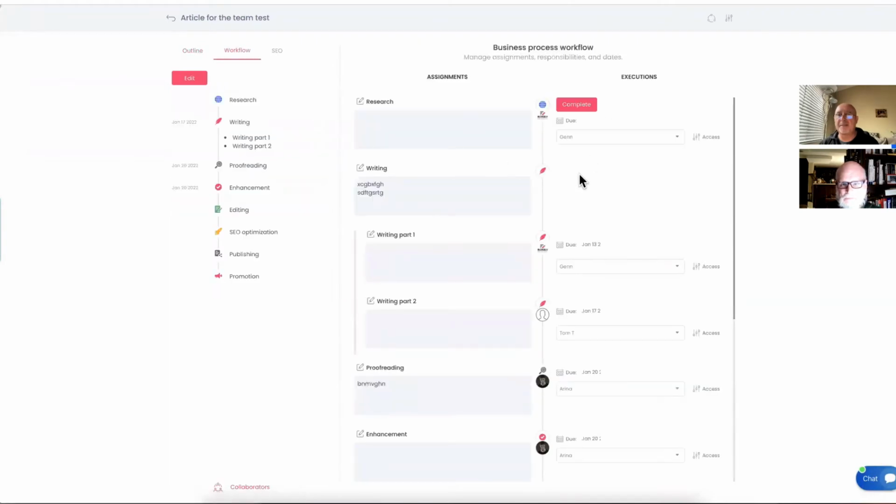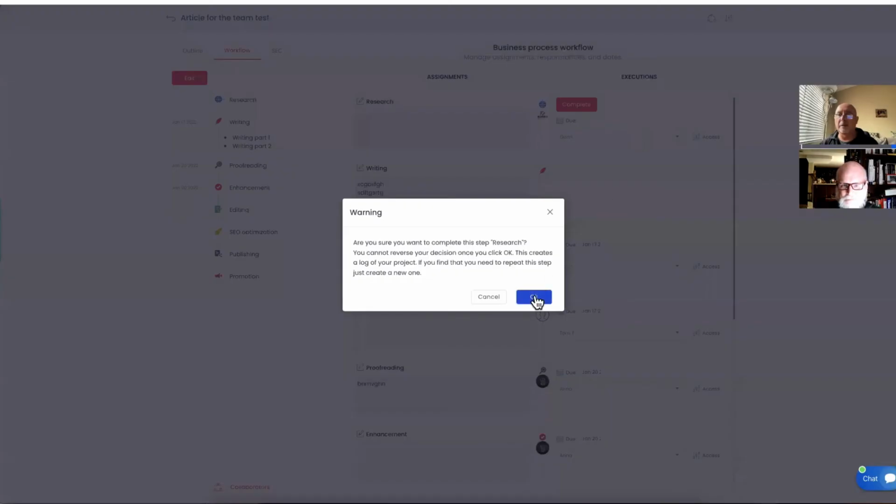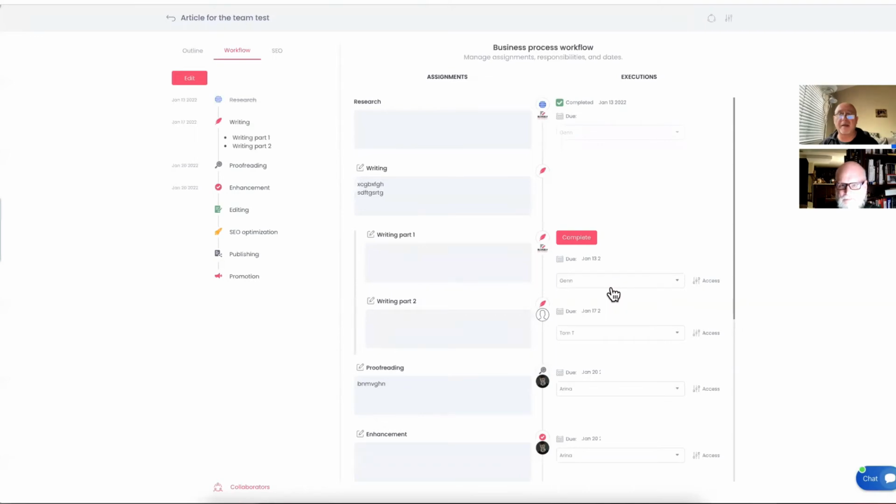the first step is complete. You can see the only one button, Complete. When I click Complete here, this step will be totally closed and we'll move on to the next. Once I move on to the next, it gives me the warning that this step is closed and I will never be able to restore it back.